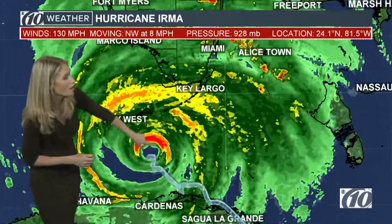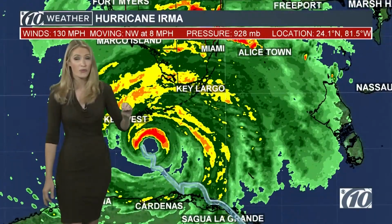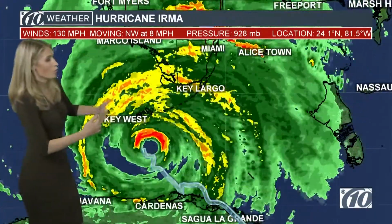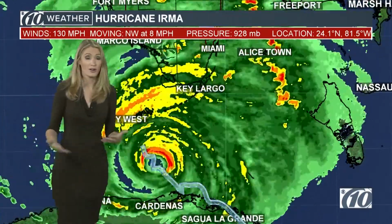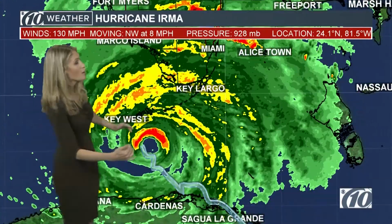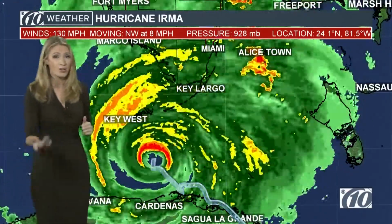It's this eye wall right here, again, just southeast of Key West, where we're likely seeing these Category 4 hurricane force winds. But again, 74-mile-per-hour or greater winds go out 80 miles from the center of this storm. So it's pretty large, and places like Key Largo, even up toward Miami, and we've actually had some flood reports